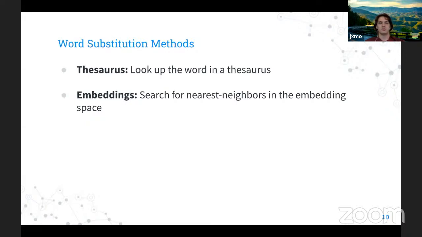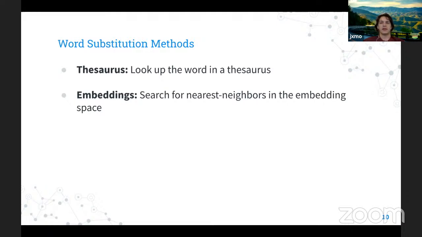They just trained these word embeddings on a very large corpus that give really good representations of English words. So the idea is, if you have the word embedding for boy, you can look at the nearest neighbors in the embedding space, and you might see child or man or other words that are very similar. But the problem with using these embeddings for word substitution is that, according to the word embeddings, you'll also see